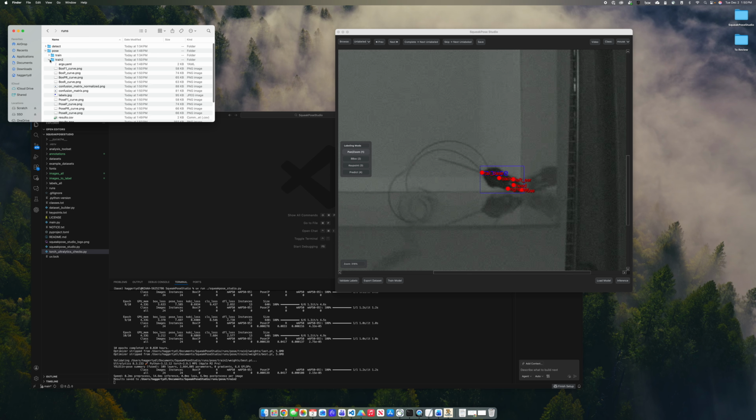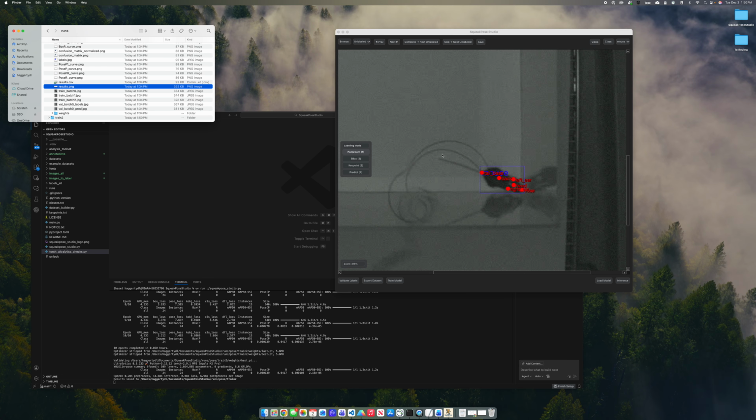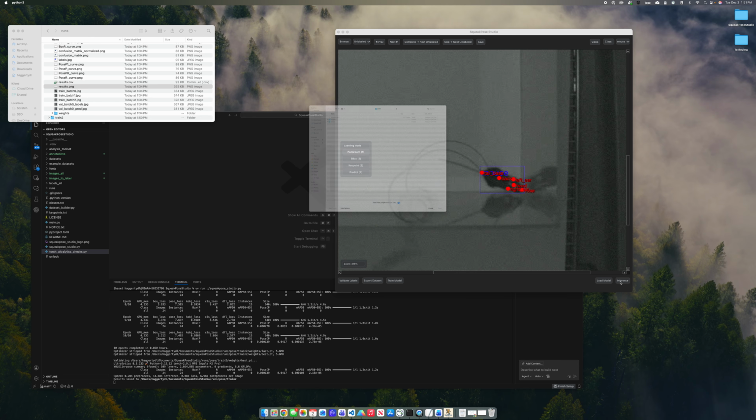If we go and look at the models that we're shipping with, you can upload the results PNG and see that these usually train for around 400 to 600 epochs and continue to perform over time. And again, your mAP50 to 95 is really your metric for how well these models are going to perform. So we've trained a model from the GUI, and let's say we want to finally do some inference on